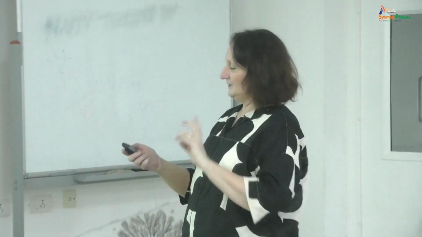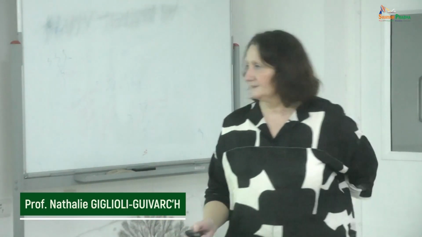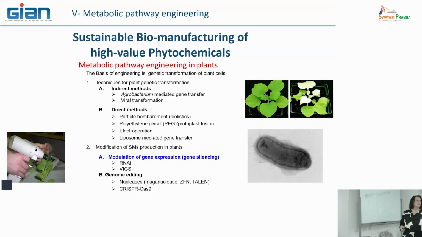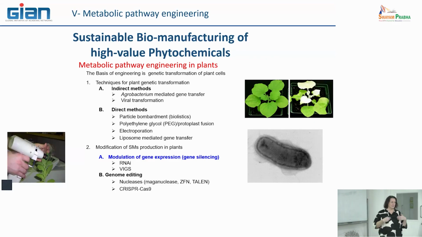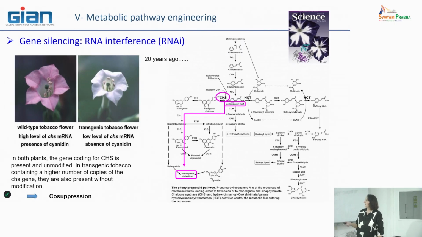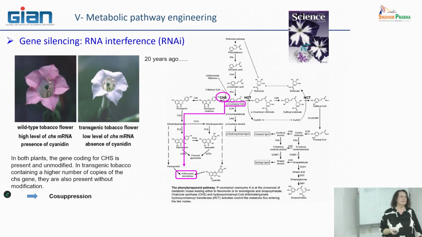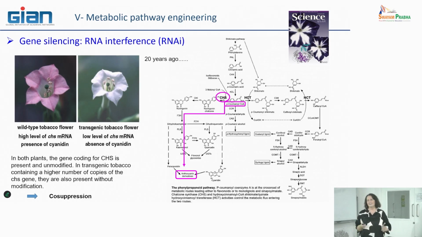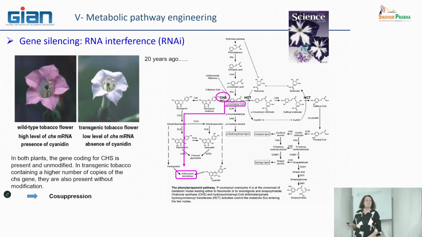Okay, so I wanted to finish today these two parts concerning, in particular, some important methodology that is useful for the characterization of enzymes, regulatory elements, and metabolic pathways. The two main techniques that are now well used correspond to one that is called RNA interference. It was a fantastic tool that emerged perhaps 10 years ago, yes, about 10 years ago. And it was the beginning of the story.